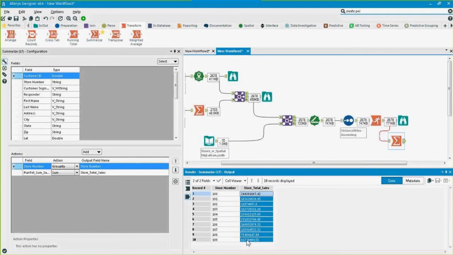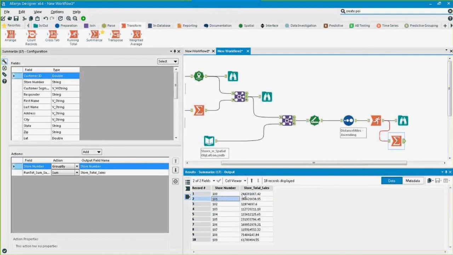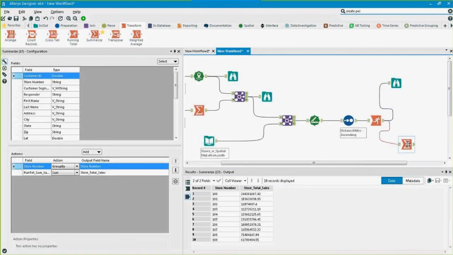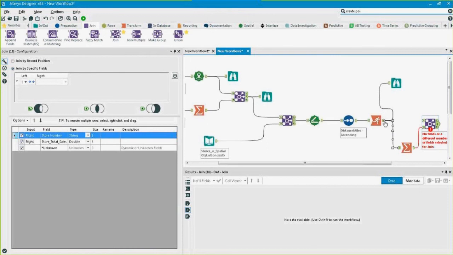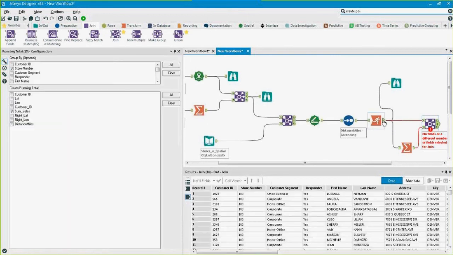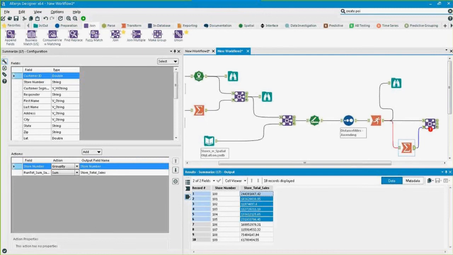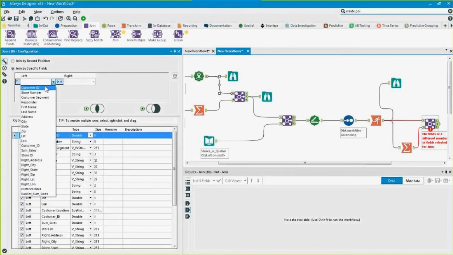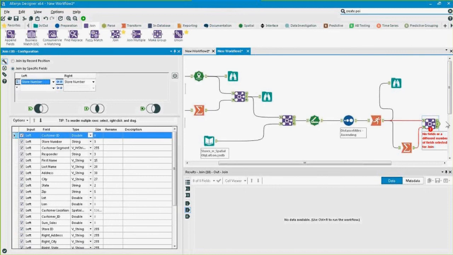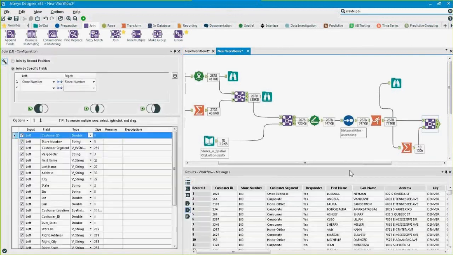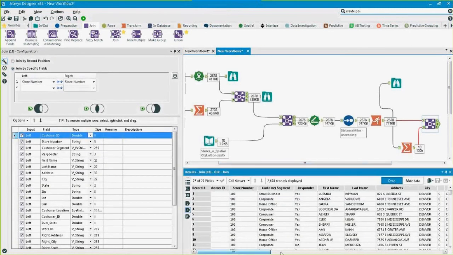So now I can see how much each store earned, and I want to assign this value back into this data set. This is really where the power of a good Alteryx Designer user comes in: they typically work in parallel and know all these ways to tie data back to itself. In this case, I know I have store number from this data set. I just want to add these values that I calculated back in, and I want to do that based on my store number. So now when I run my workflow and scroll all the way to the right,